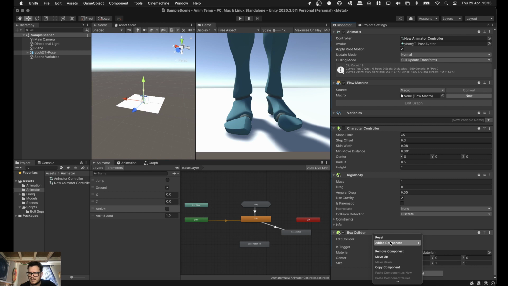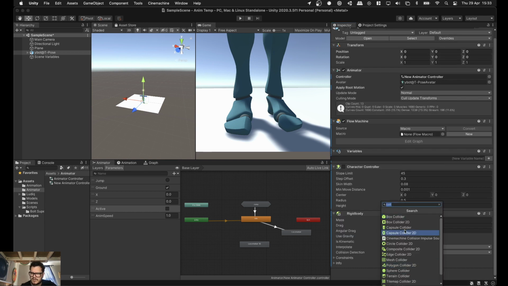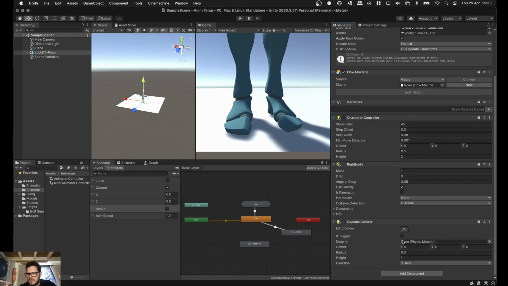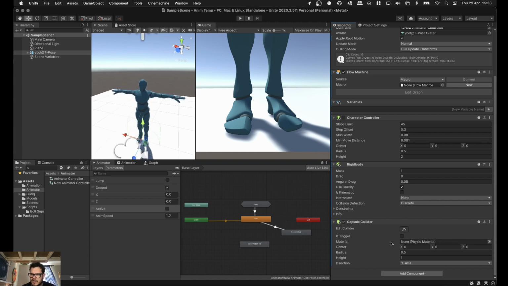Normally not a box collider because, well, you want it to be smoother, so something like a capsule collider. You can also go and set the material on this if you find that it's getting stuck on things. You also have to just mind the placement of your character controller object, of course, I mean your collider object. So in this case,